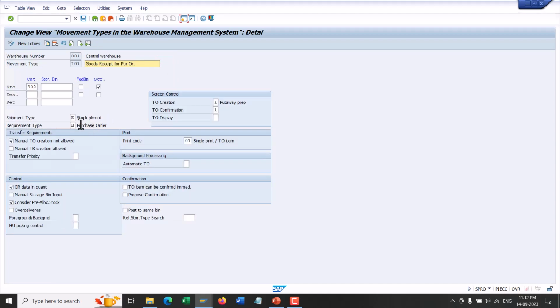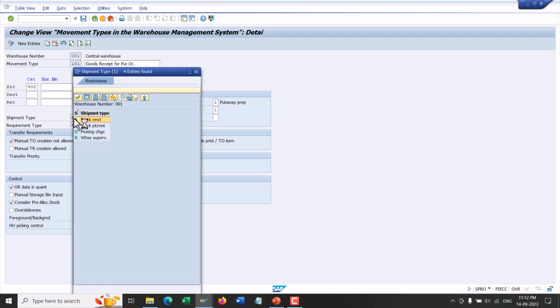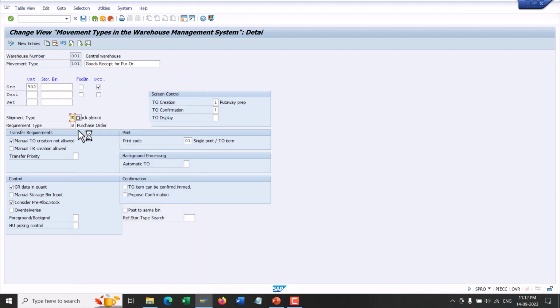Here you have to keep in mind that the shipment type for the stock placement will be E. E for stock placement means put away. So you are defining this spatial movement indicator to the put away process. Now come back